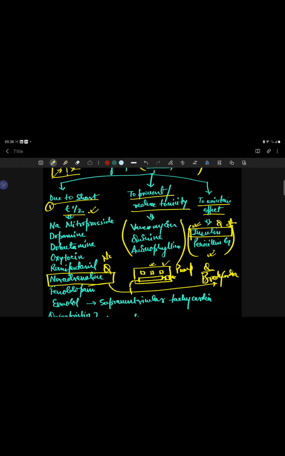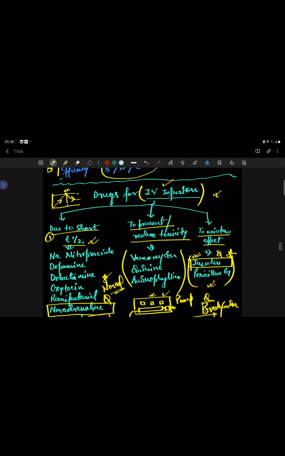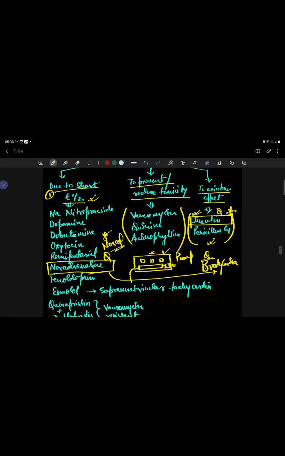NORAD pumps you can see very commonly in any ICU setup wherever you go. So I request you to go to the ICU and see these drugs used as an IV infusion, right? So what are the other drugs? Sodium nitroprusside in emergency care, in a hypertensive emergency, right? And dopamine and dobutamine, these are inotropic drugs. You will see them very commonly used in a pump, but most commonly you'll see insulin as well as noradrenaline in a pump.